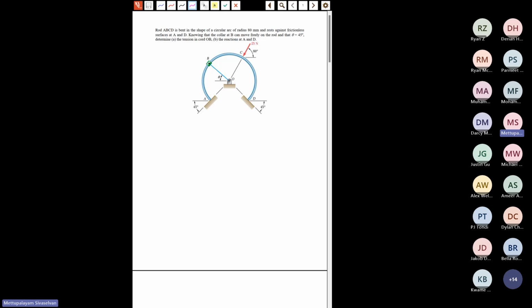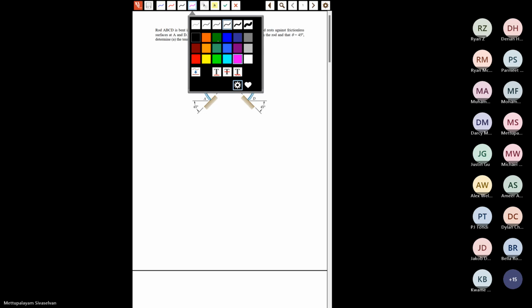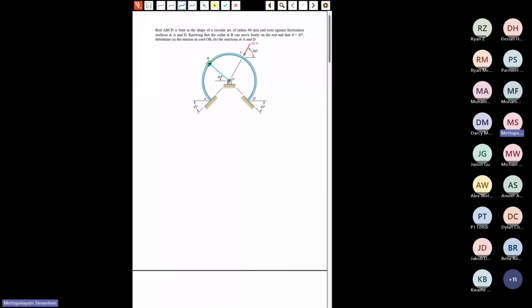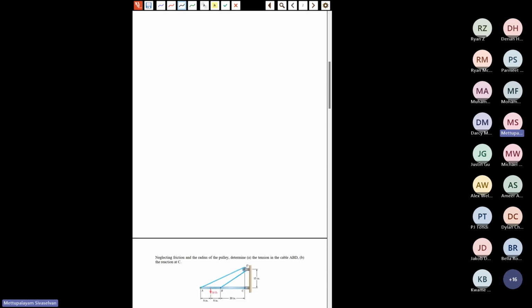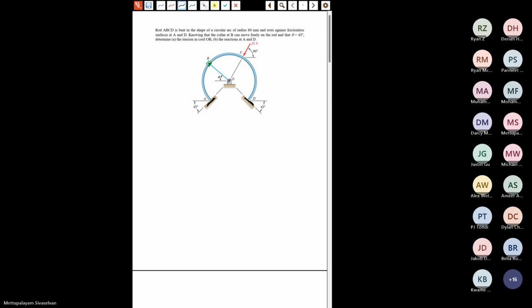So this here is a circular, three-quarters of a circle rod that is resting on these two supports here without any friction. And it's being held at this point by a collar here that is free to slide on this rod and is held by this pin here